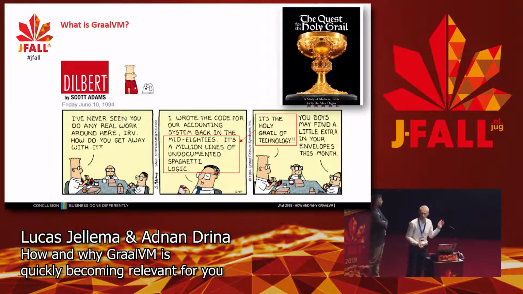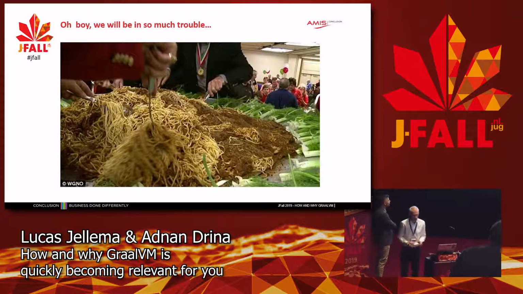And you see maybe the spaghetti code mentioned in this cartoon. And actually, that's not so far from the truth in this case, because we were having a problem in the Java community with the C2 compiler, the compiler that kicks in at runtime to provide optimizations to our Java code as it's running. And that C2 compiler, written in C++, had become a big bowl of spaghetti. It was unmaintainable. It didn't really work very well for modern language concepts, not in Java, certainly not in